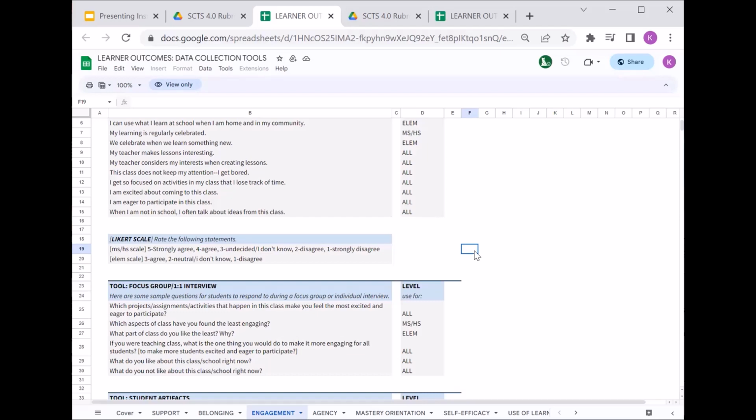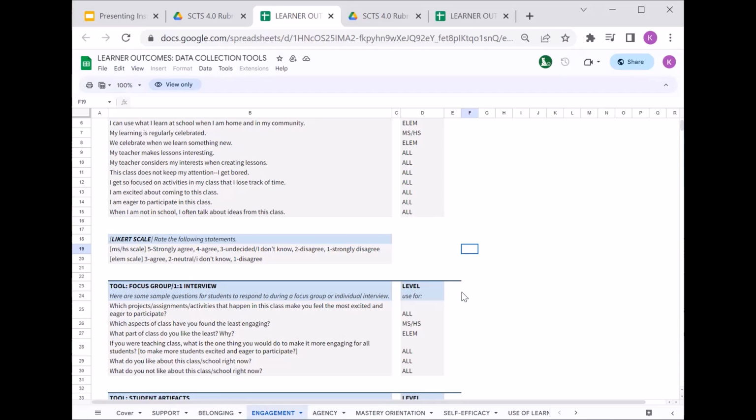If my SLO was focused on the same 4.0 element, I could even use these prompts as pre and post data related to one of the competencies that I might be working to integrate in my class. If you're wondering if you can do this with more than one outcome at a time, the answer is yes, you can. You can use each of the tabs in this menu to pull from as it relates to a 4.0 element you're trying to measure.